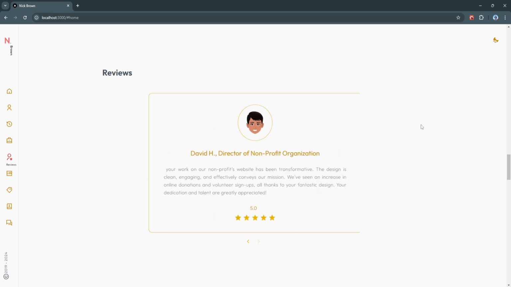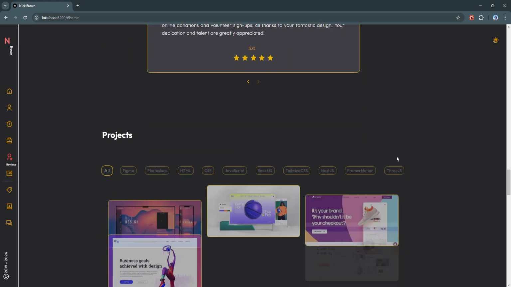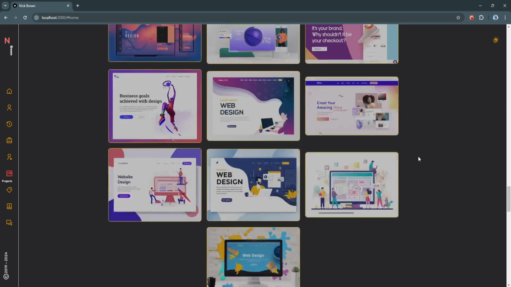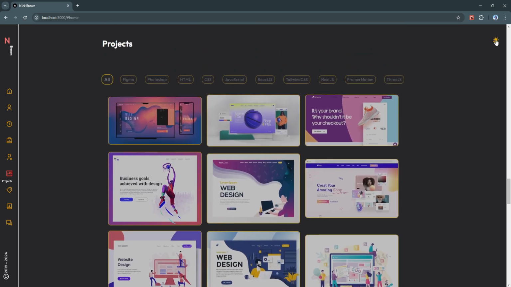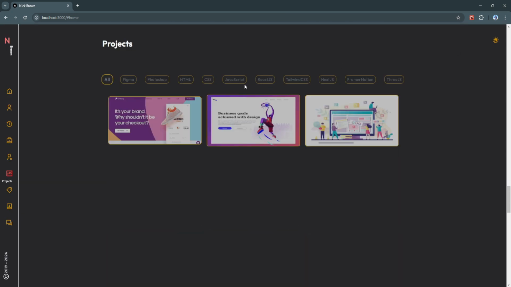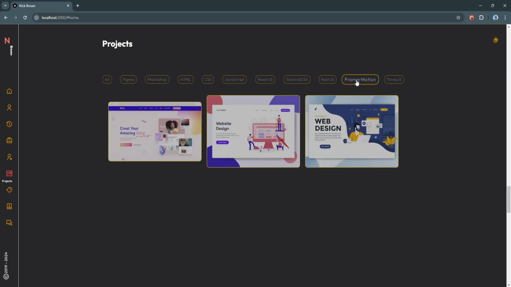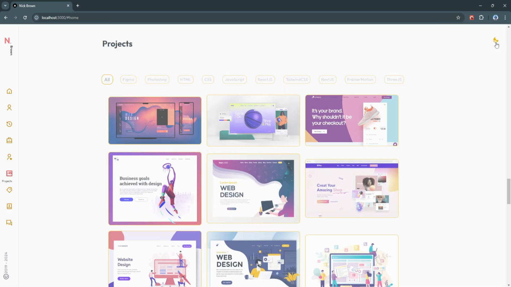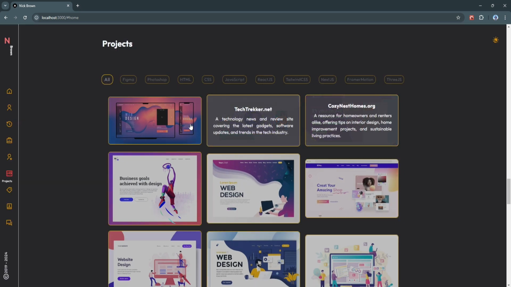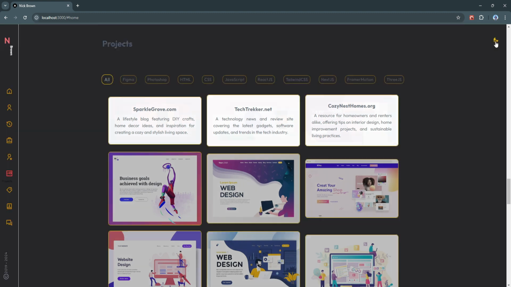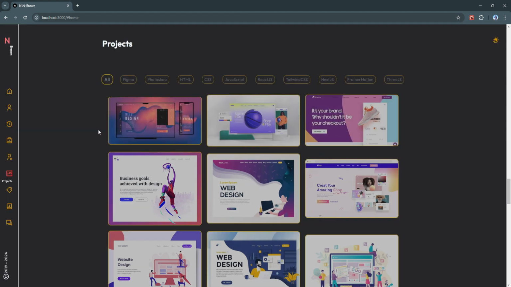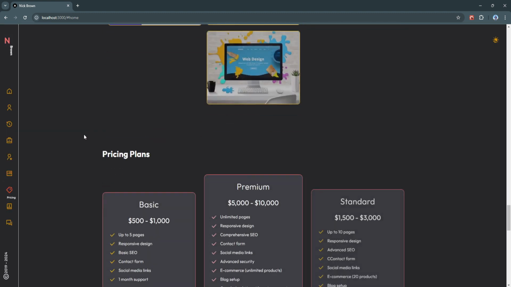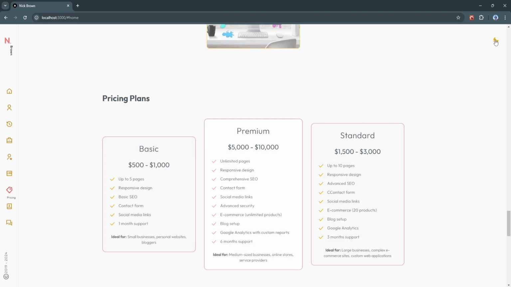Next up, we're going to add a custom loader. Loaders are an essential part of any website, especially when you want to keep users engaged while the content is loading in the background. By adding a smooth animated loader, we will let users know that the website is working and their content is on its way. We'll create a slick transition where the loader appears when the site begins loading, and then it gradually disappears, revealing